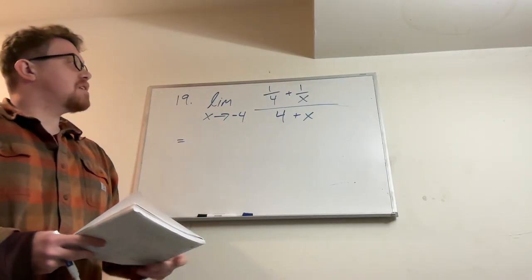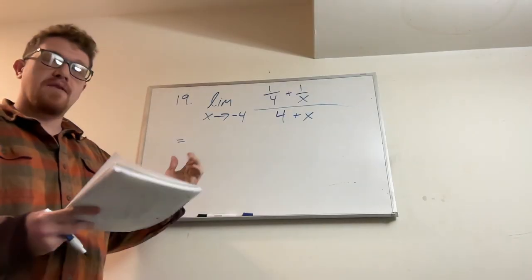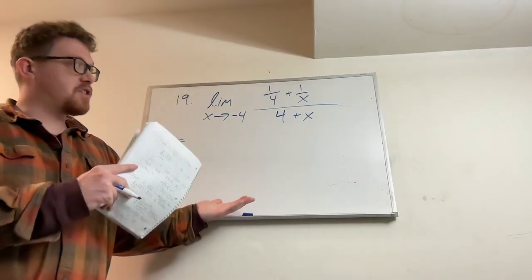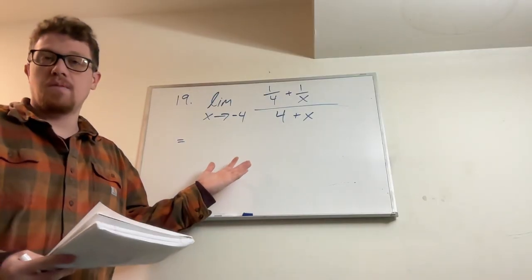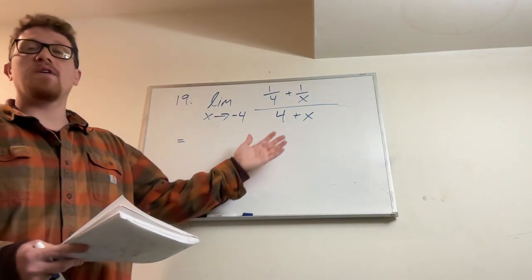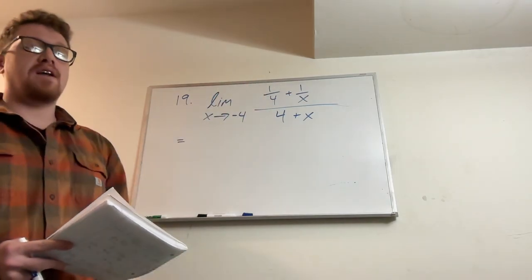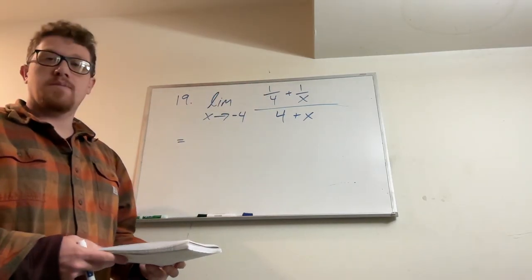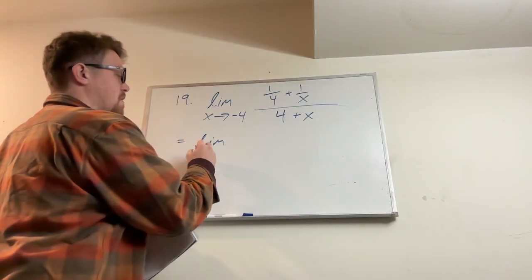one way to do this is, instead of having a sum of fractions, it's a lot easier to write it in the form that we had for the first problem, where it's one polynomial divided by another. Here, it's not a polynomial because 1 over x is not a power of x. It's like an inverse power of x. So we have to do a little bit of work here to rewrite this as